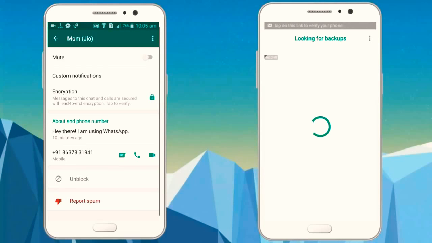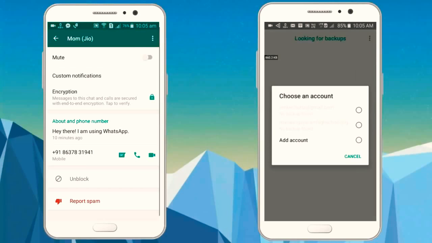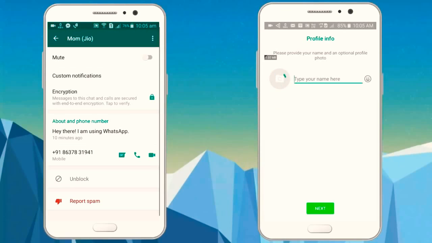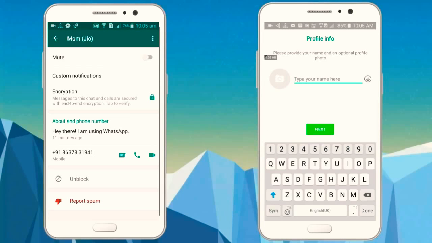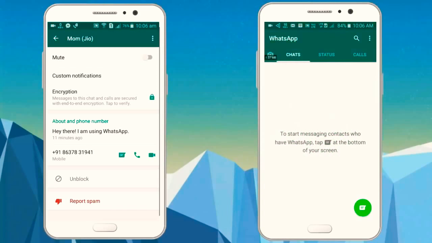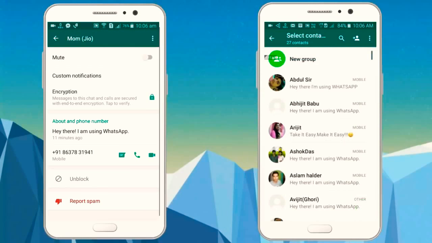It's looking for some backups, but I literally don't have any backup. So in this particular case, the skip option is better, I guess. But if you have some backups, you can do that. But please do note that in this process you never recover your backups like messages and so on, because the account is entirely deleted. Okay, so let's go. And now here you can see the new WhatsApp,